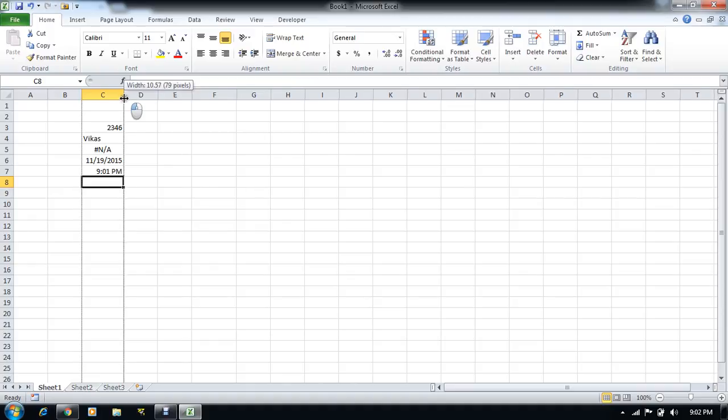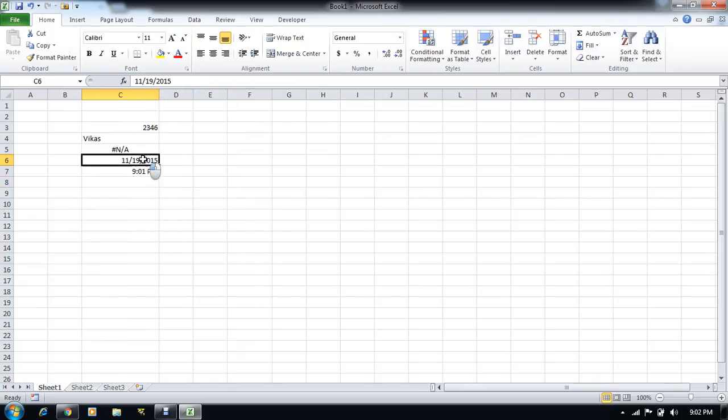Let me increase the width of the cell, so you can see that date and time are also right aligned in Excel, because date and time values are nothing but numeric values in Excel. So mainly I would say there are four types of data which we can add or save to Excel.